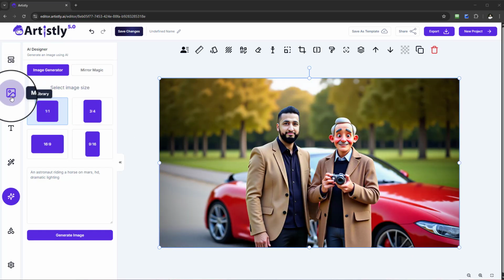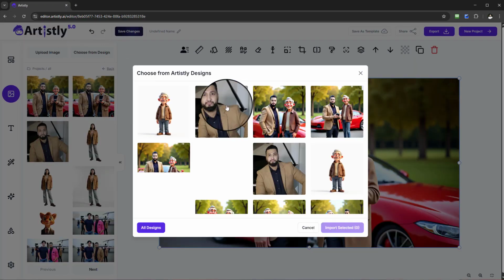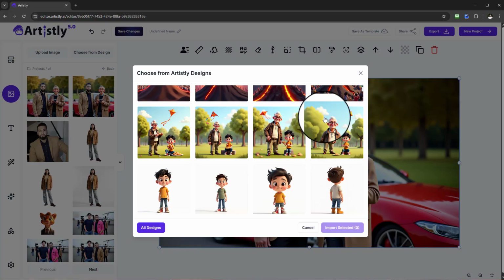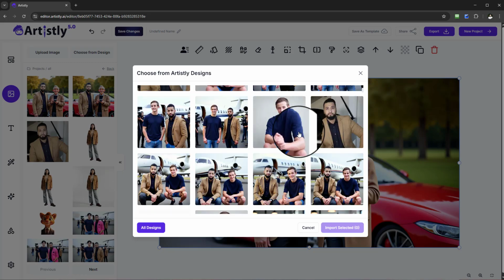Now, just quickly to show you, if you ever want to come here directly without going through the other process, you can simply come to the media library, choose from designs, and anything that you've built on the Fast AI Image Designer, you can actually bring it across over here. So say, for example, if I wanted to take a design that I built earlier on,